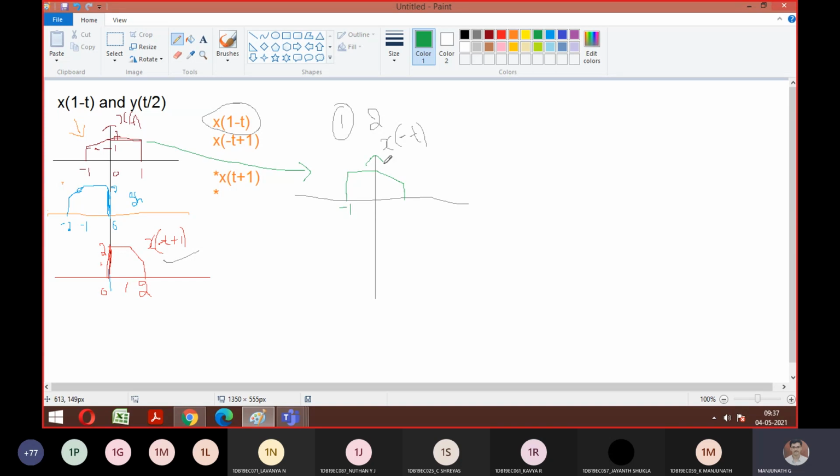Yes or no? Is it okay till here? Yes, sir. So what I told, if you want to plot 1 minus t, there is one more alternate method. That is what I'm telling now. After getting x of t, let's plot x of minus t. Now, whatever interval they are given, it is like 1 minus t. We already have minus t with us, right? So just delay it by the given delay.